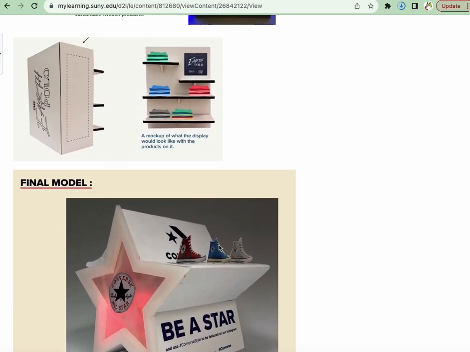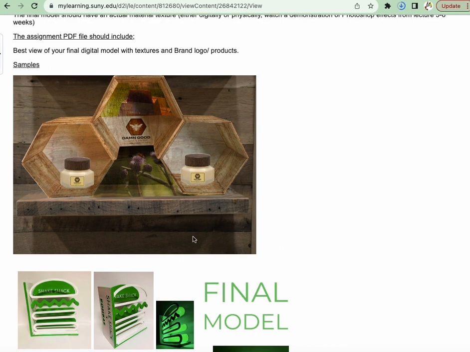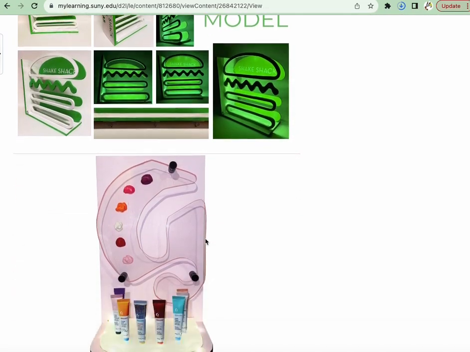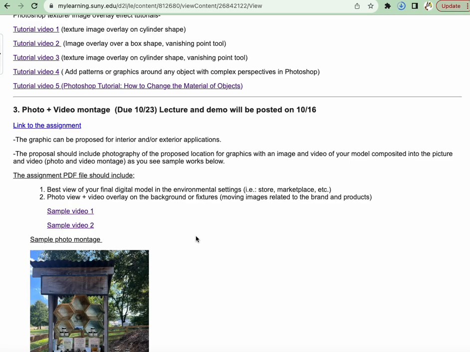So that's your next assignment. You don't have to combine the environmental settings or store view or market view yet, because that's going to be the following week's October 23rd assignment.